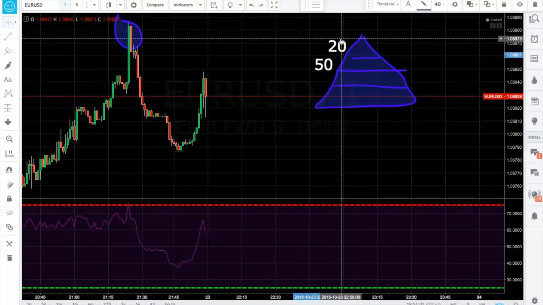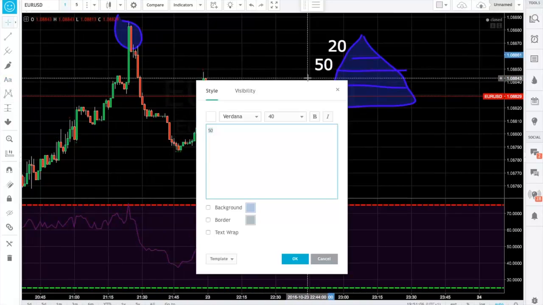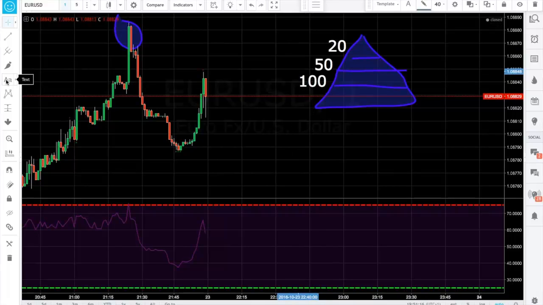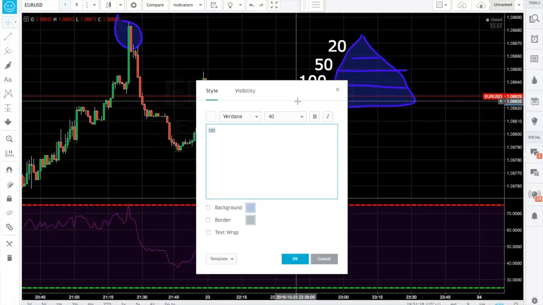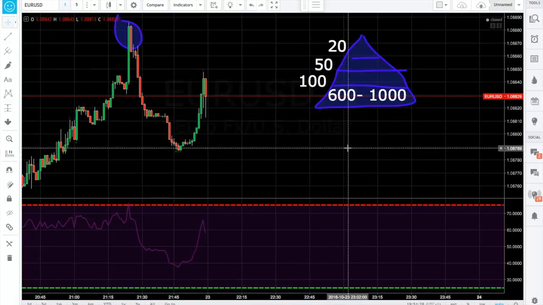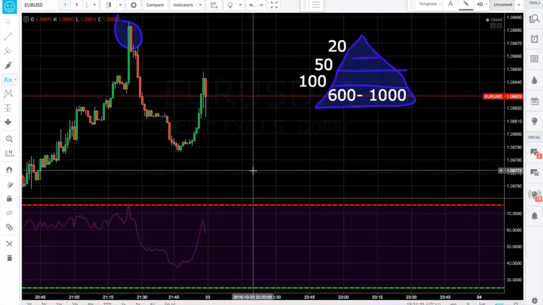So after a week, you could then, for instance, be taking $50 trades, and hopefully within 2 weeks, you could be looking at $100 a trade or £100 a trade, taking 4 to 5 trades a day. And hopefully by the end of it, if you've increased your balance enough, we could be looking at 600 to potentially 1,000 a trade. Just say for example, we'll put this here, and if you're taking 4 of those trades a day, say for example, you're taking